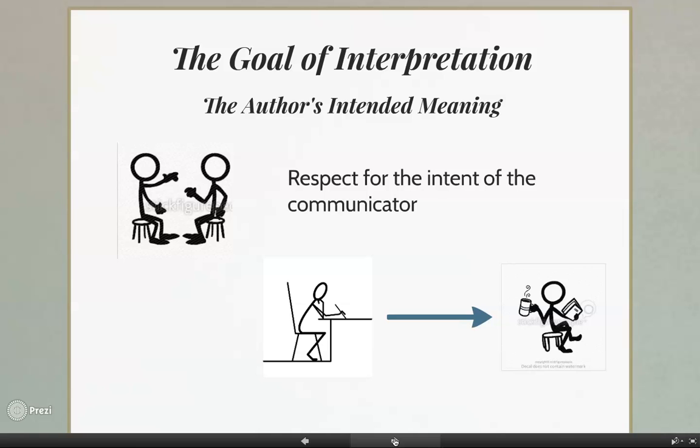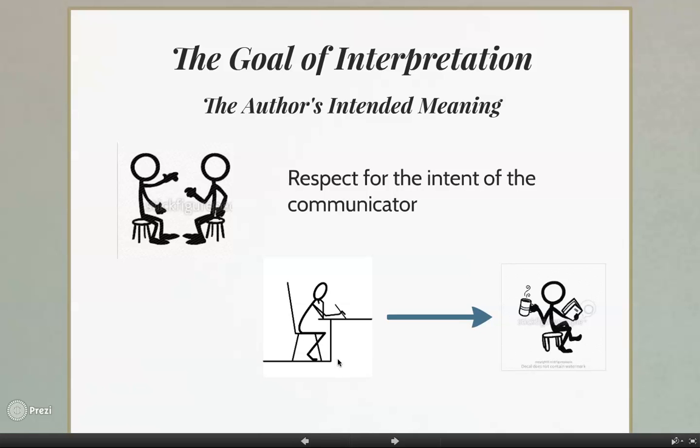Now, we do this all the time. We do this when we have a conversation, like these two people on the left-hand side of the screen. When someone is speaking to us or at us, we ascribe to them the respect that they have an intent of what they're trying to communicate. We don't just say, oh, you're saying this, but what you're really saying is this, and they might say, no, what I'm really saying is, I want you to get off that stool. And they're saying, no, I thought you meant that I should stay on this. Anyway, the idea is the author has an intended meaning, and that's true in a conversation.